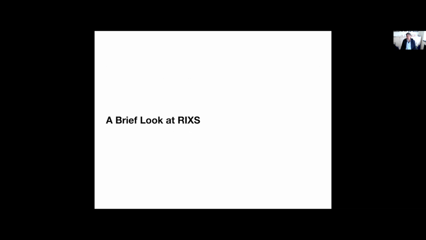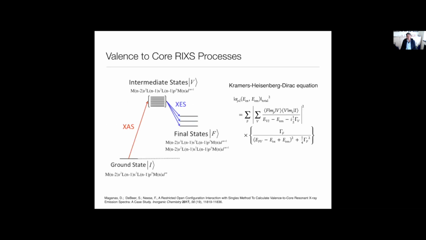Last subject for today, before I lead you to the rest of the workshop, is to take a brief look at RIXS. That is a second-order process, so it's not described by a single-photon process but by a double-photon process, and that is based on the Kramers-Heisenberg-Dirac equation. The idea here is that you go from the ground state to an intermediate excited state, and then you emit into a final state F. These intermediate and final states can be anything, so that is a super versatile but also complicated technique.